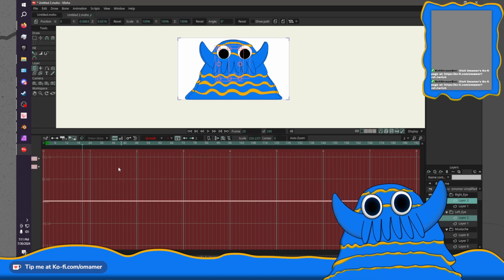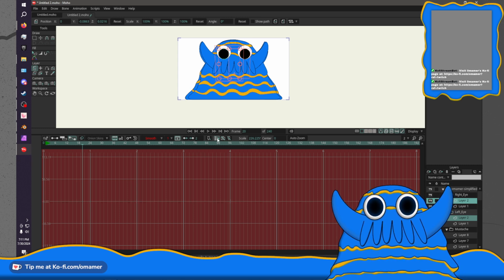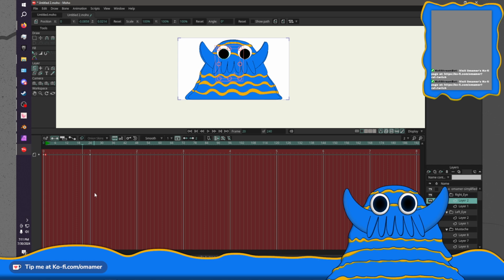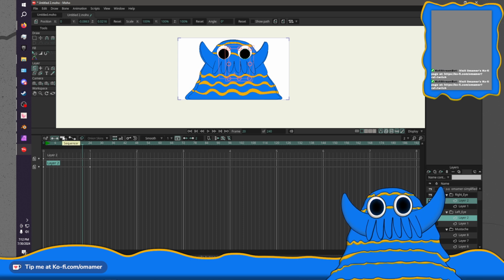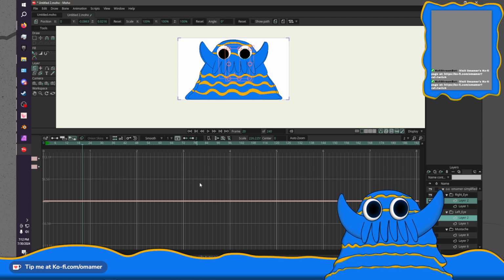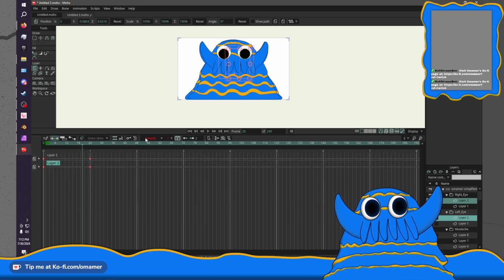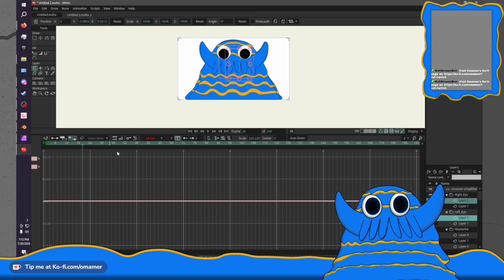What? This doesn't make any sense. Why can't I edit the... Because if it's set to Bezier, I should have handles. So why don't I have my handles?